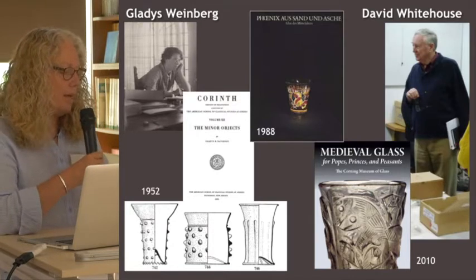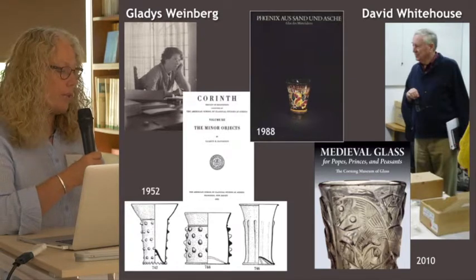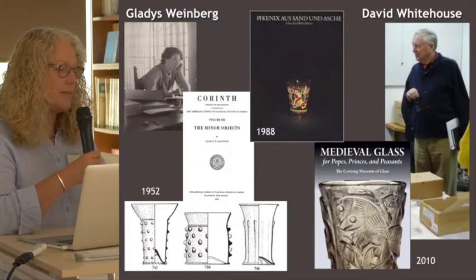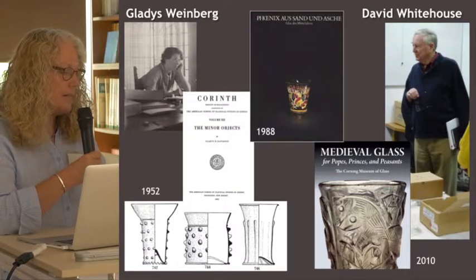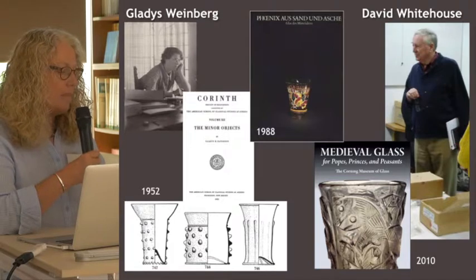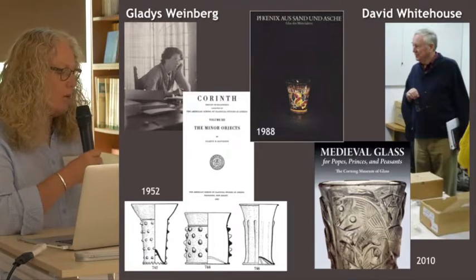Medieval period glass studies began in the 1940s with the study of glass from Corinth by Gladys Davidson Weinberg, published in 1952. And she also later excavated a Crusader glass furnace at a site called Sumelaria, north of Acre, in the late 1960s. In the 1980s, there were several articles published by David Whitehouse and others, and a very important catalog of an exhibition that you can see here on the top was written in 1988 by